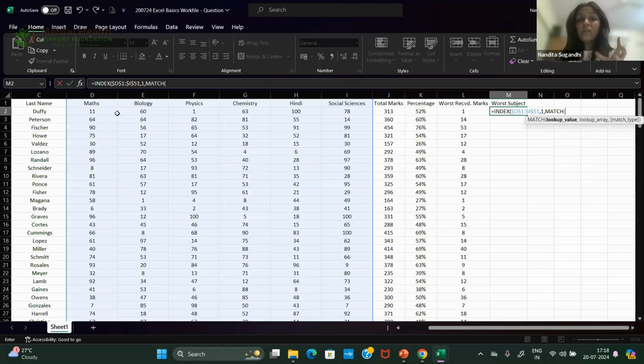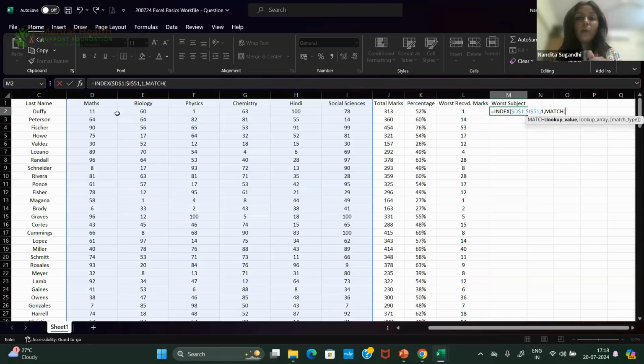And while nesting, be very, very sure that your arguments are solid. Your fixed references, which are supposed to be fixed, are fixed, and when you copy paste them down, your dynamic references are appropriately dynamic. And you close every parenthesis accordingly.